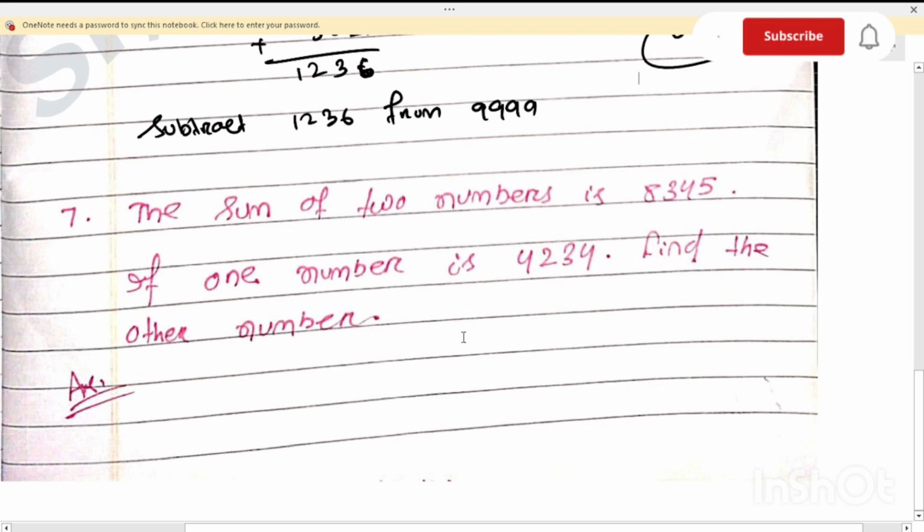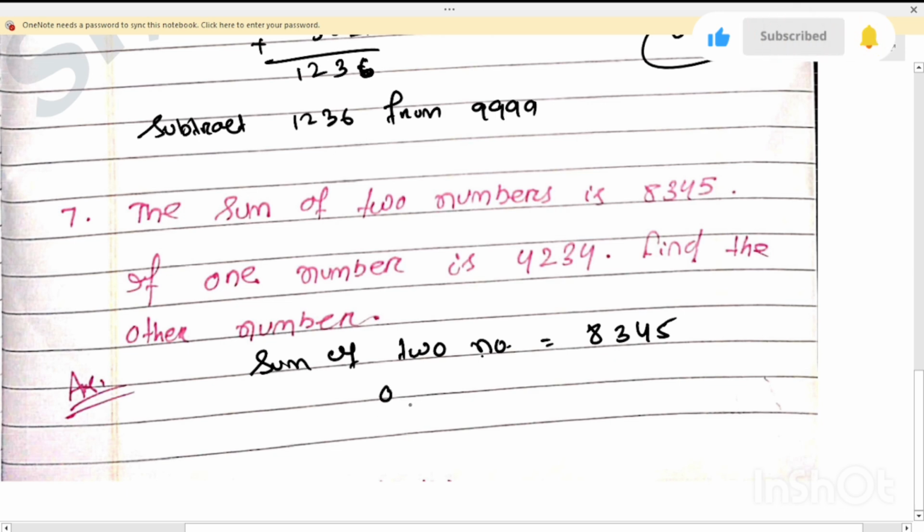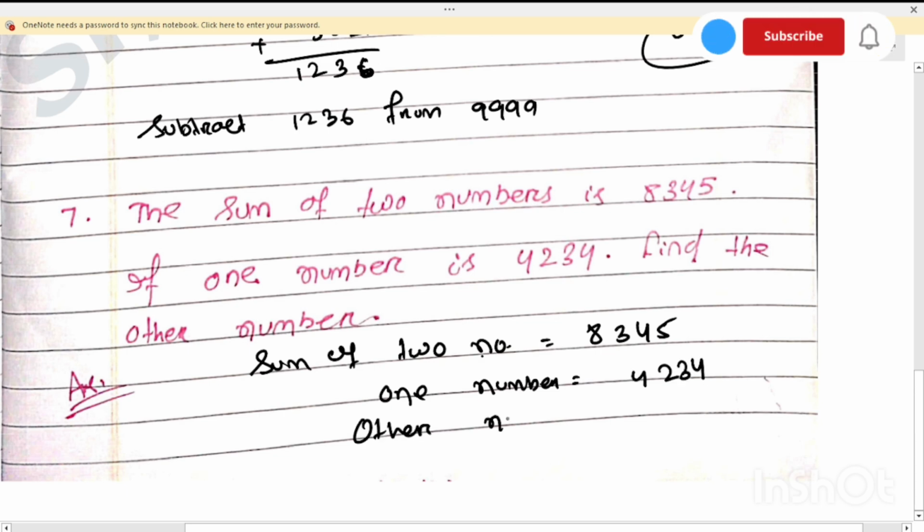The sum of two numbers is, so write down, sum of two numbers equal to 8345 and one number equal to 4234 and the other number equal to subtract. So 5 minus 4, 1. 4 minus 3, 1. 3 minus 2, 1. 8 minus 4, 4. So the answer is